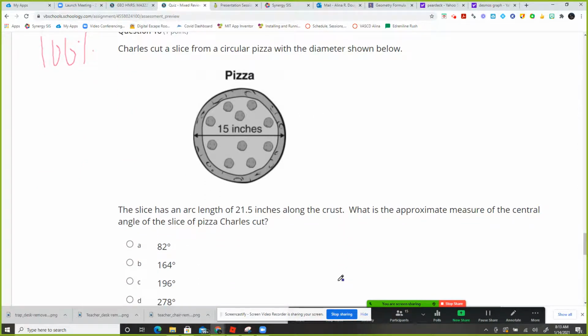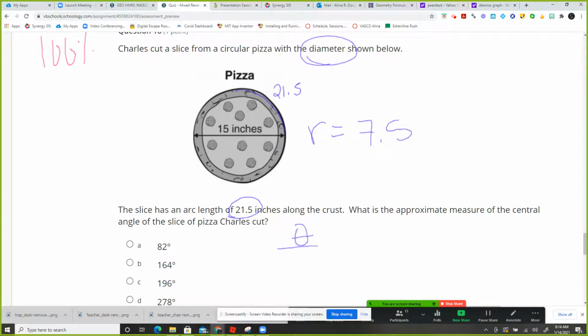Charles cut a slice from a circular pizza with a diameter shown. So every time it says diameter, I always find the radius. Radius is half of the diameter, so that's going to be 7.5. The slice has an arc length of 21.5 inches. What is the approximate measure of the central angle of the slice of pizza? So